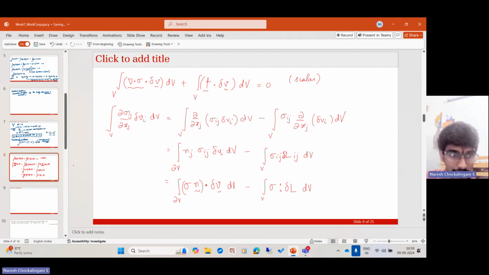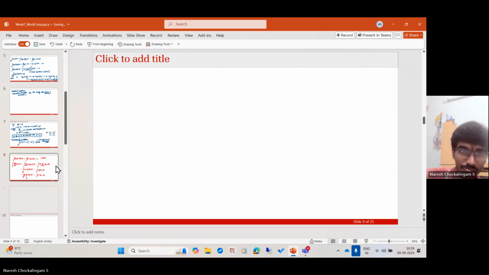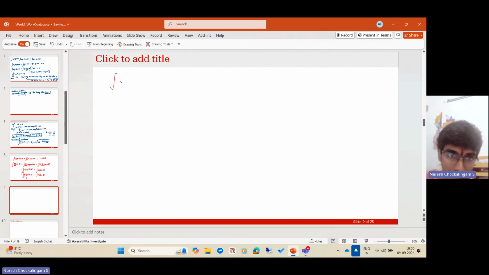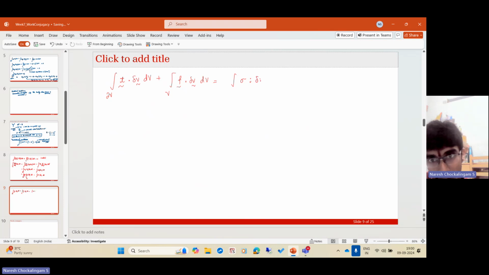Plug everything back into this equation. And this is our integration over the volume. So you can replace this as t, right? So this becomes t dot δv dS plus f dot δv dV is equal to this taken to the right-hand side, you get σ double dot δL. So let me write it down. We get the integral over the surface of t dot the virtual velocity field δv, plus integration over the volume of f dot the virtual velocity field δv, is equal to the integral of σ double dot δL over the volume. But note that